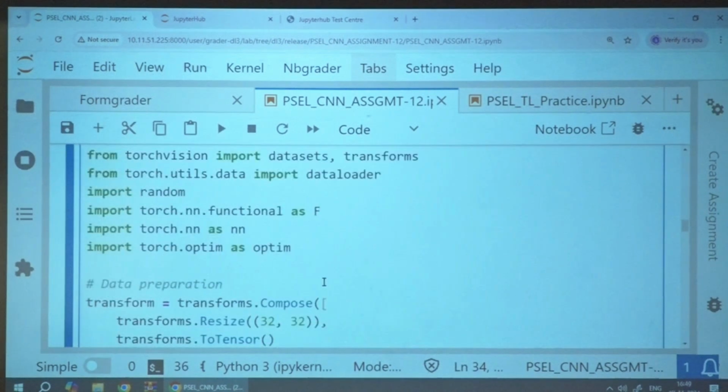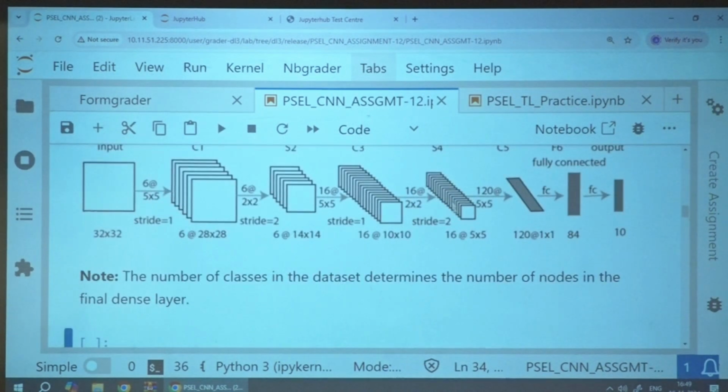So define the first fully connected layer. Input nodes are 16 into 5 into 5. Reshaping you could do in the forward pass. Once the flattening is done, what is the input parameter? 16 into 5 into 5, multiplication is done.